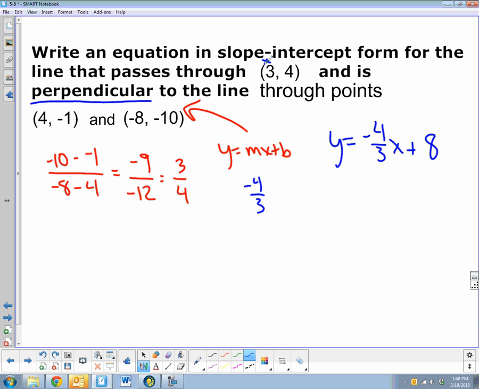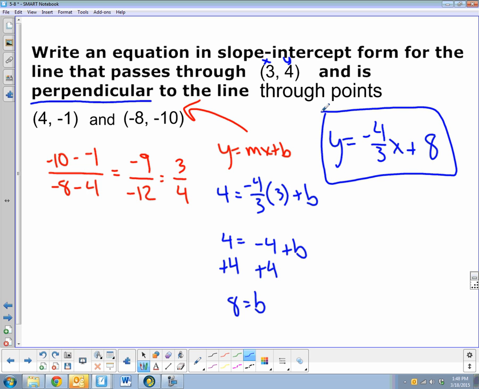I'm also given a point here, x, y. So if I plug that in, x, y, -4/3 times 3. Boy, it's almost like we picked these numbers to make them nice. -4/3 times 3, the 3's kind of cancel each other off, and we're given -4 plus b. Boy, that was handy. And then I add 4 to both sides to get that 8 equals b. So my equation then is going to be -4/3 x plus